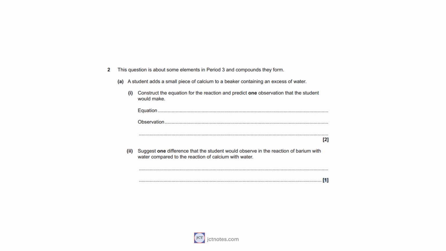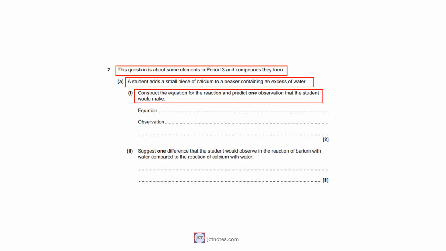Question 2 is about some elements in period 3 and compounds they form. In part A, a student adds a small piece of calcium to a beaker containing an excess of water. And we have two questions. In the first question, we are asked to construct the equation for the reaction and predict one observation that the